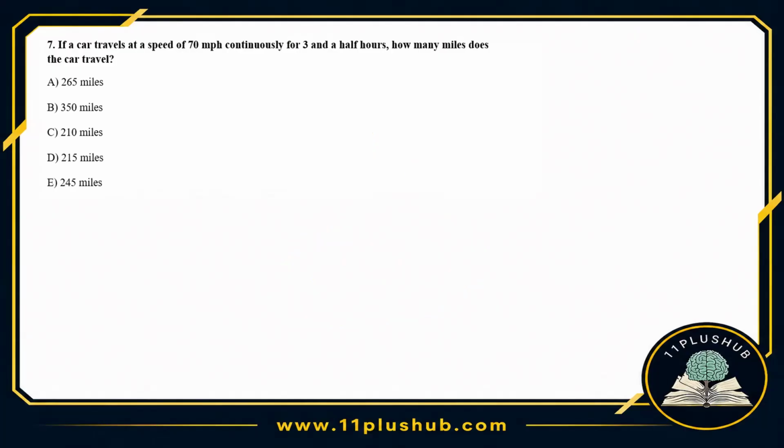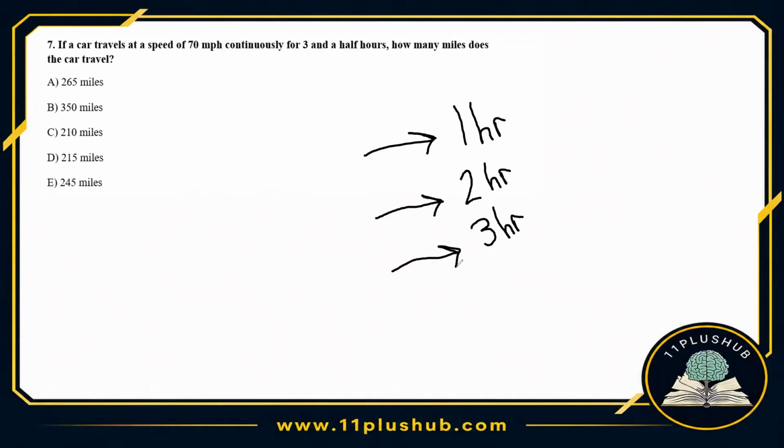In fact, what I will do here is I will figure out how far the car travels in each hour. Okay, now we've got the first hour. Remember, this car's traveling for 3.5 hours, the second hour, and the third hour, and then we've got half of an hour. Okay, so let's just add very, very carefully what we already know, which is the car travels 70